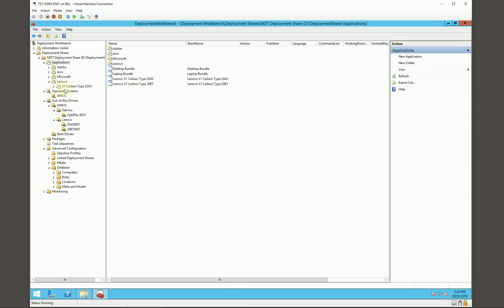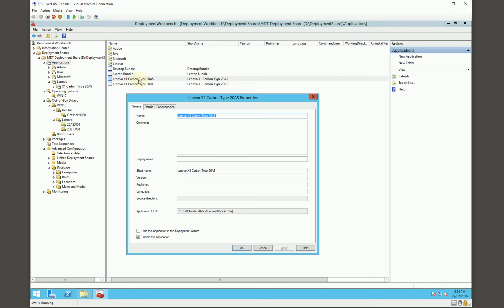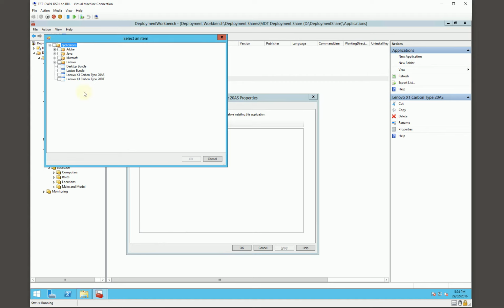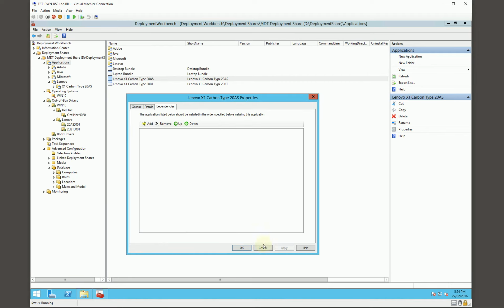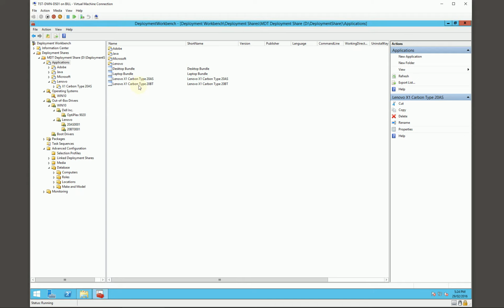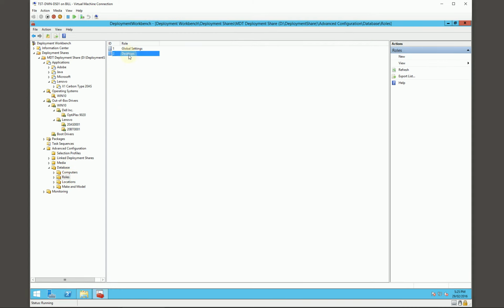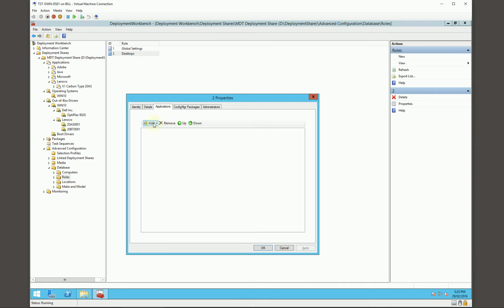And then if we'd added a bunch of applications under Lenovo X1 Carbon Type 20AS, we would then go and add them into the list here, whatever software it needs. However, we don't have anything here at the moment, so not a very good demo. Okay, so now that we've got our application bundles, if we go back to Roles, Desktops, Applications, we can add